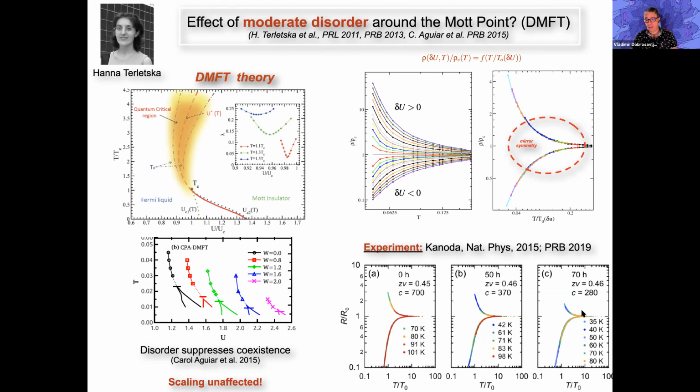So this is what calculations by Carol, which were extended in 2015 to look at the quantum critical region, as well as these experiments show: that the scaling curves are almost identical. The exponent is within uncertainty the same. So that means that the disorder plays very, very little role in this high temperature regime, except for shifting the transition to stronger disorder by broadening the Hubbard band. So this is a pretty dramatic discovery that, again, what Anderson said was completely wrong in this high temperature regime, which is really a very different beast, and I'll return to this then, how we normally think about a metal.